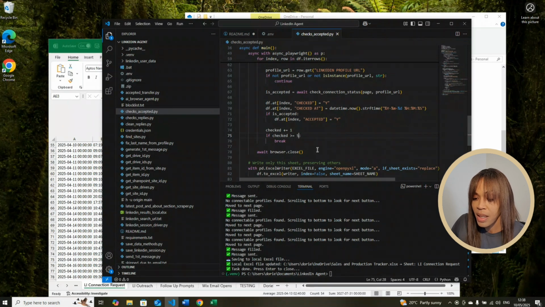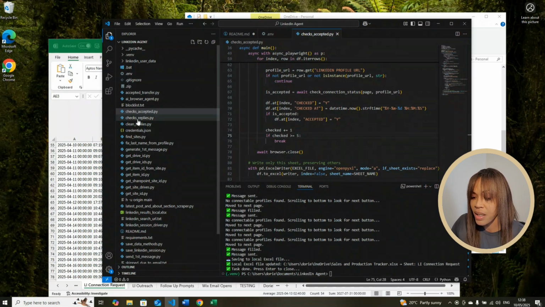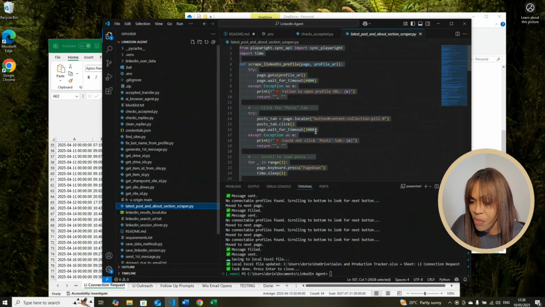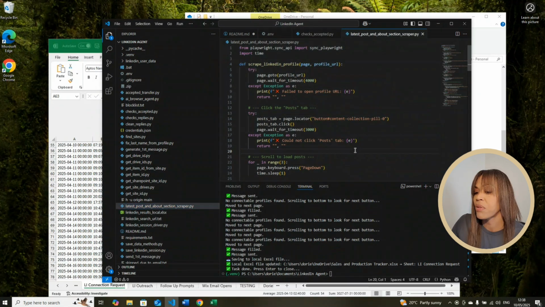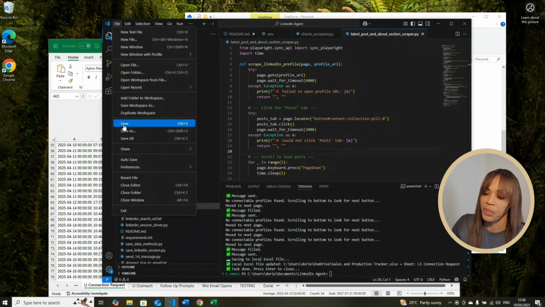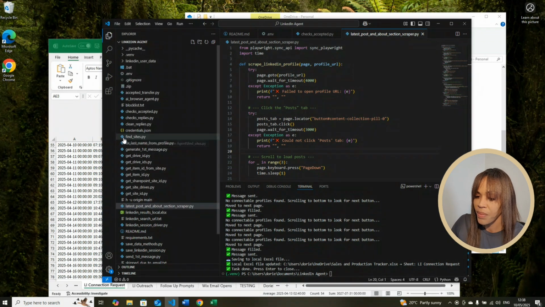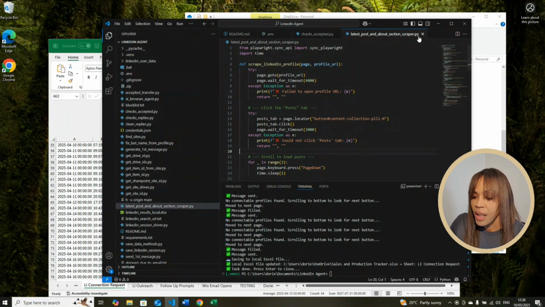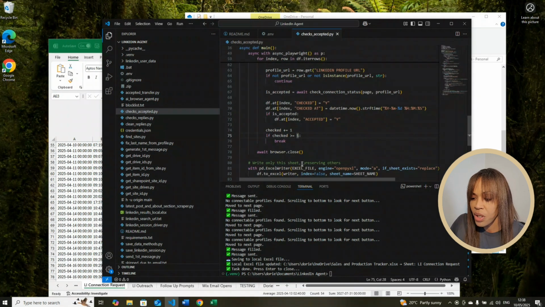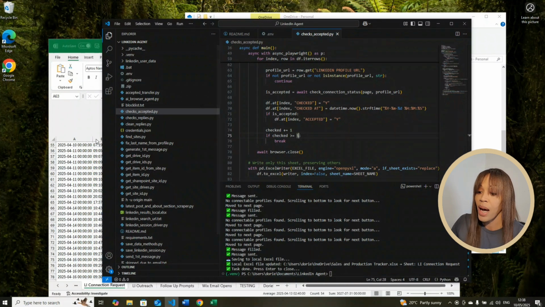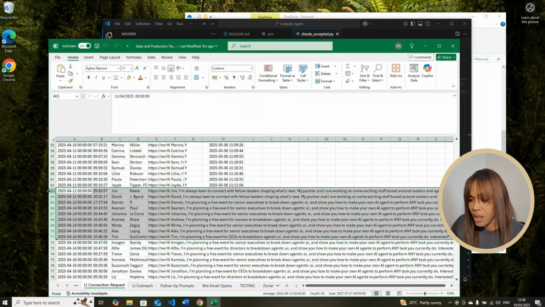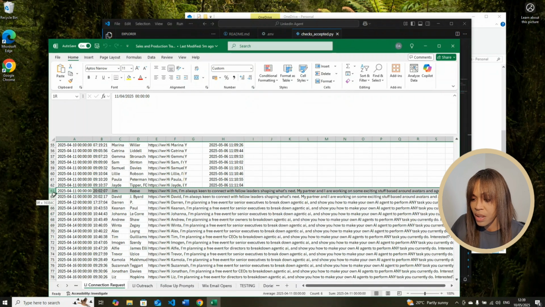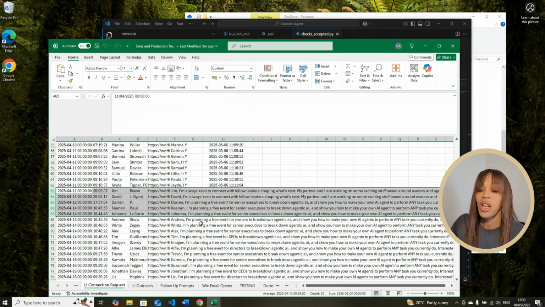We need to save any changes. So let me just, I'm not sure which file. I'll just save everything. Okay, so I'll just change that to 5. Now what will happen is 1, 2, 3, 4, 5. It's going to check these people. It's going to scan their profiles,